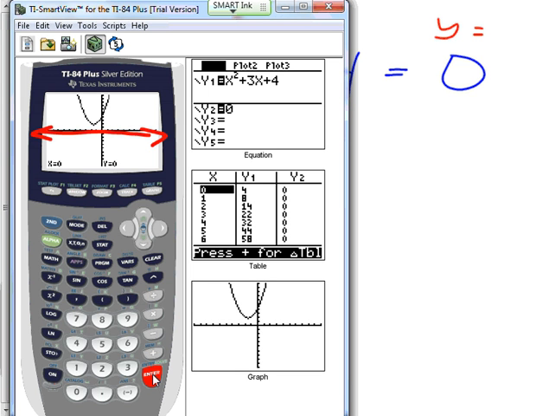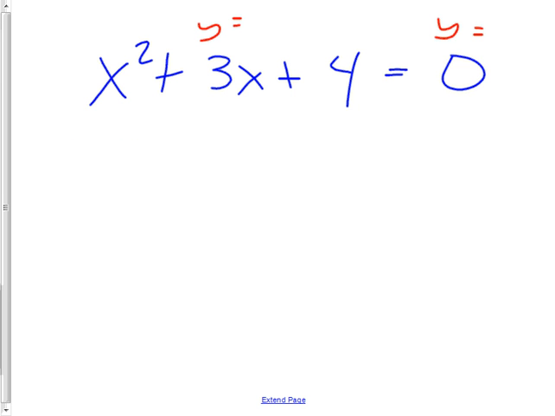That means there's no x-intercepts, that's correct, and there's no solutions. Just to clarify, there's no real solutions. What does that mean? That means that when you're doing one of these kind of problems, if you do the